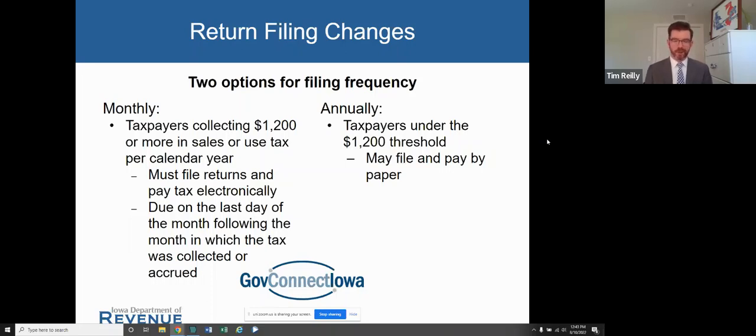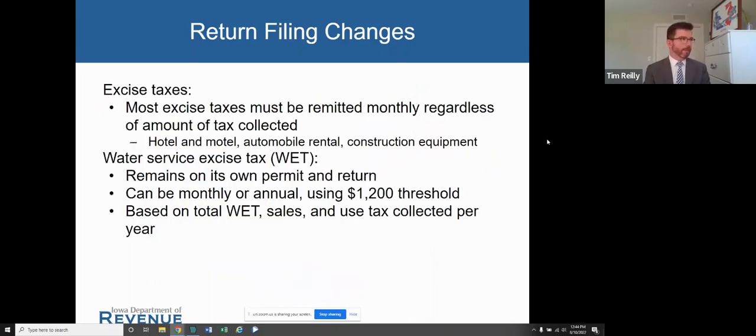Quarterly return filers in the past, prior to July 1st, may have had to make payments on either a monthly basis or semi-monthly basis or also quarterly basis based on how much tax they were collecting and remitting. Now, starting July 1, everybody's either filing and paying on an annual basis or on a monthly basis. I will note here for excise taxes, especially for this group, for this presentation, important to highlight construction equipment.